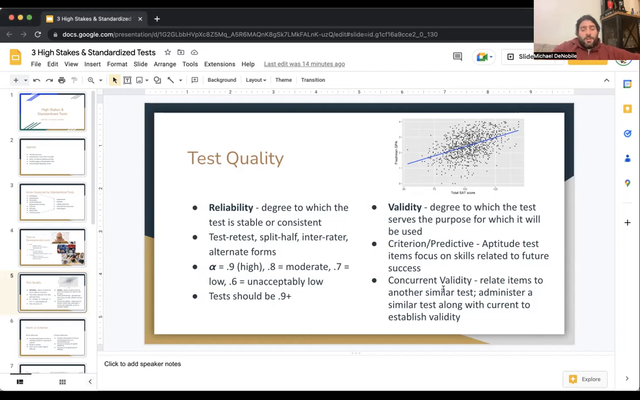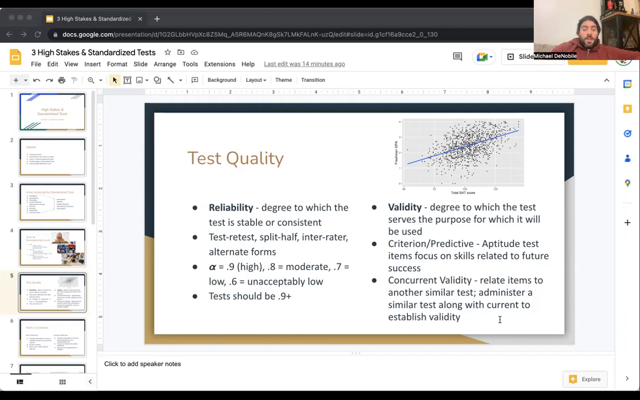Then there's concurrent validity, and these relate items to another similar test, administering a similar test along with the current one to establish validity. So here's an example. We're going to go back to that DIT, the DeNobile intelligence test, and I'm going to test those 1,000 students. Well, I'm also going to test those same 1,000 students with the WISC exam, which is an established intelligence